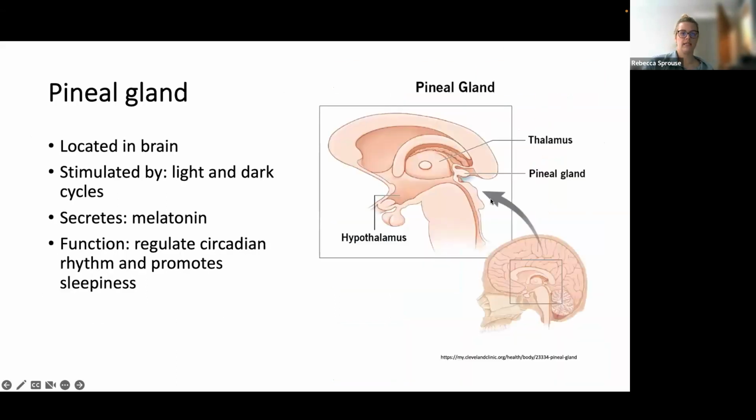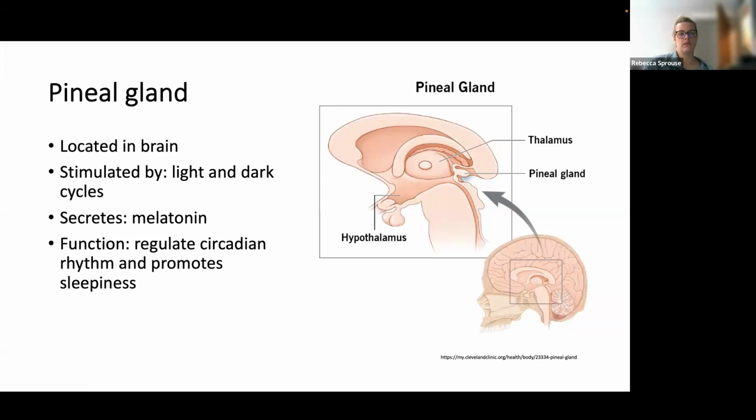The pineal gland, he sits right here. So just for reference, here's the hypothalamus with the pituitary. The pineal gland is way back here, behind this area called the thalamus. If you haven't had 215, you will talk about the thalamus there, but the pineal sits back here right above the brainstem, and he is stimulated by light and dark cycles, his own kind of sensing of that, and secretes